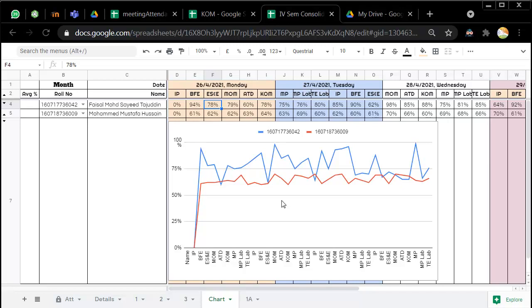And if you feel that this data can be analyzed in a slightly different way by using a formula or something, you can just let us know in the comments or directly get in touch with us, and we will try as much as possible to create that kind of analysis and provide you the result so that we can keep improving this monitoring system. And by analyzing all the inputs, we will be able to do our monitoring much better and guide the students in a much better way. There are two advantages of this.